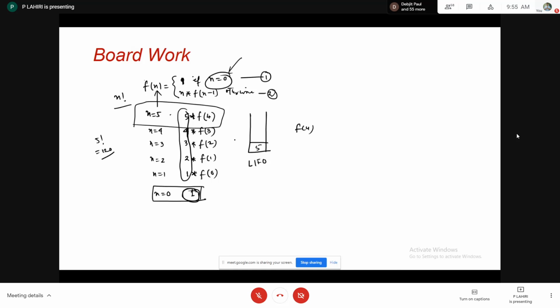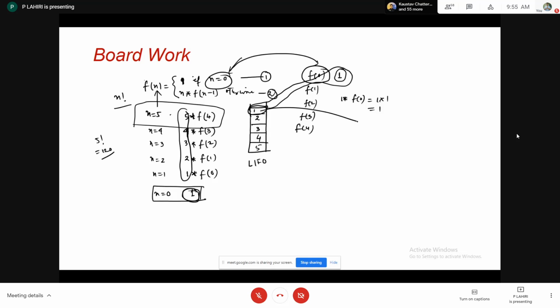Okay, so again 4 into factorial of 3 is called, so 4 is still waiting. Once factorial 3 is coming, then the next call is 3 into f of 2. 3 is waiting when factorial 2 is coming, then 2 into factorial of 1, then 1 is waiting to receive factorial of 0, and this is the case when factorial 0 is supplied from the definition. Yes, because we know factorial of 0 is set as 1, then this will help us to get factorial of 1 by clearing the pending operation in the form of 1 into factorial of 0, which is 1. 1 into 1, this is 1.